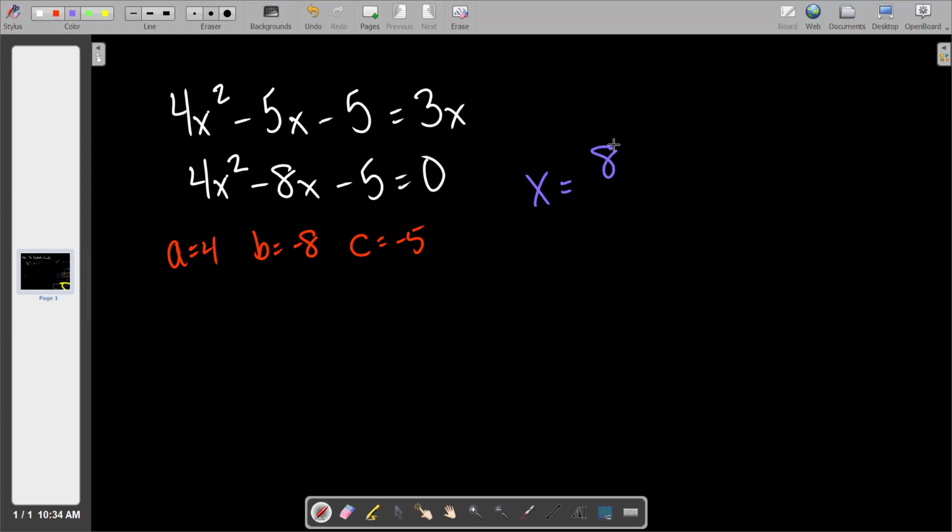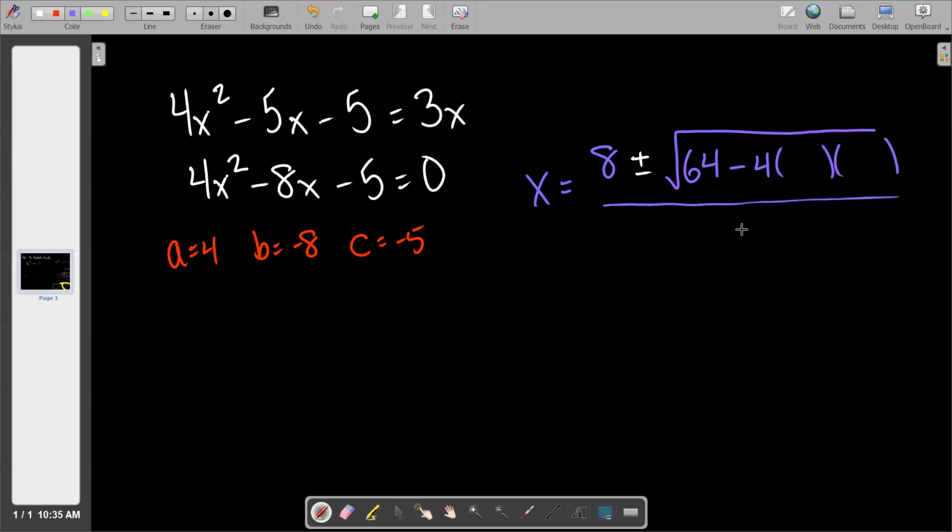It's the first thing you write, opposite B. And then you put down a little plus or minus sign. And then you draw a square root sign that is large enough to house a long math problem. First thing inside the square root is B squared. What's B squared? 64 goes there. That's just -8 squared. And then I'm going to put -4 blank blank all over 2 times A, and in those cute little blanks are going to go